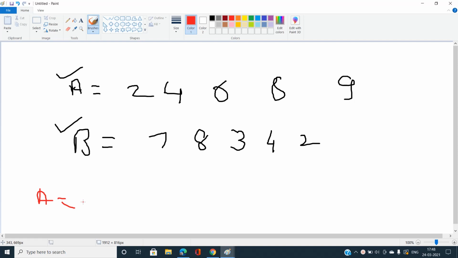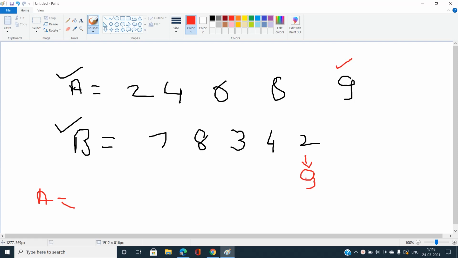Here is the minimum element of B. So I'm going to put the maximum element, 9, over here. It is obvious that 9 is greater than 2. That is, starting from the minimum element of B, put the maximum element of A, and let's check if this is an optimal solution or not. I'm thinking about a greedy approach and why this greedy approach is not going to work. So pick up the minimum element of B, that is 2, and put the maximum element of A at that index, that is 9.